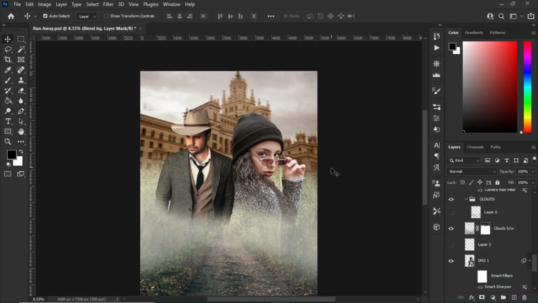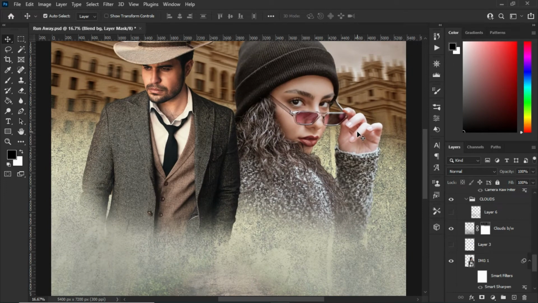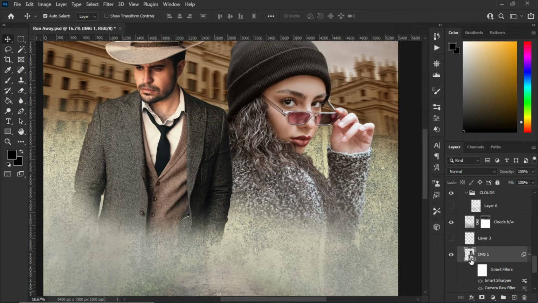so let me zoom it a little bit so that you see the effects that I did here. You all can see, guys, this wonderful effect. I apply it to the glasses of the lady. So with how to create this nice color effect for the glasses, what you need to do is to create a